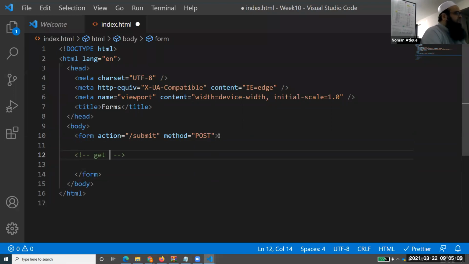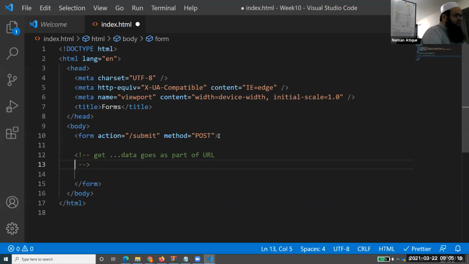Get: data goes as part of the URL, like our address, right? And when we are using the post method, data goes as part of the body, not the URL. Everyone is getting that?